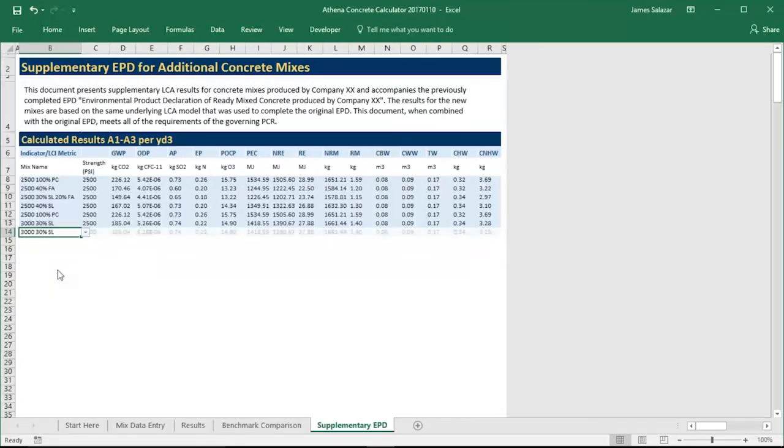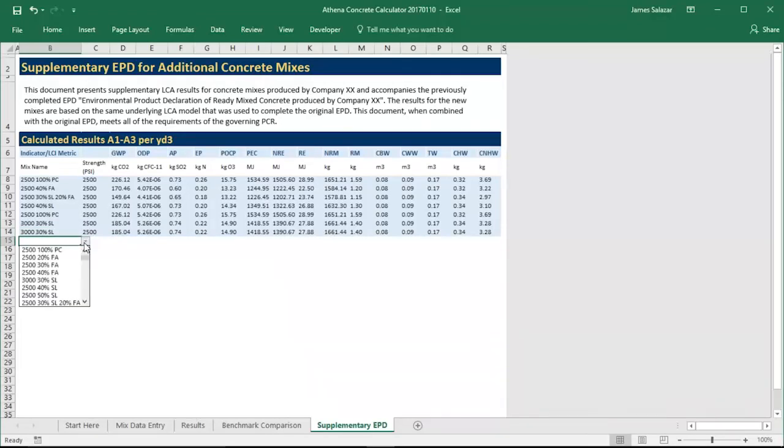This is the new one I was just working on. So this is 50% slag. And this essentially shows the list and shows how you can build a list to do your supplementary EPD. You can do up to 30 at a time per supplementary EPD. And essentially the way this works is